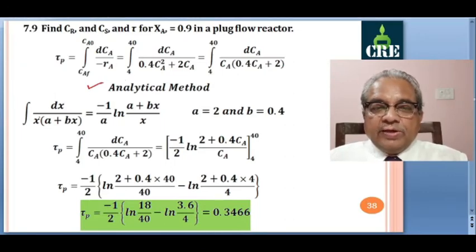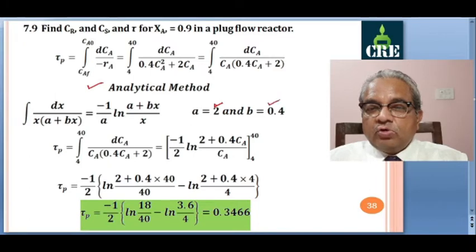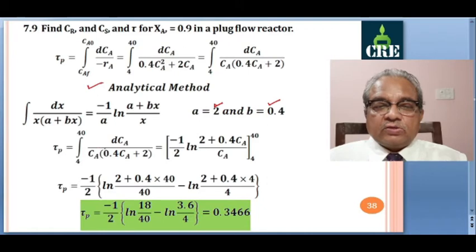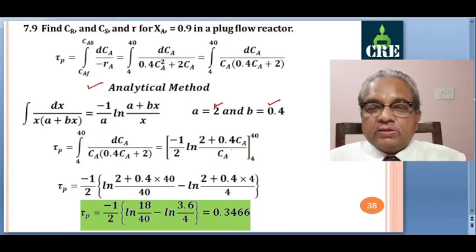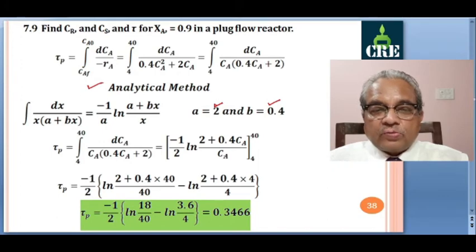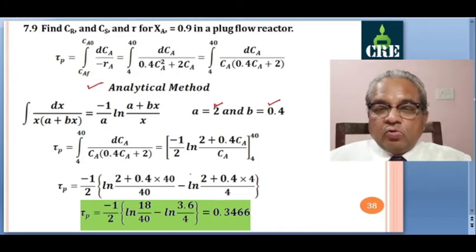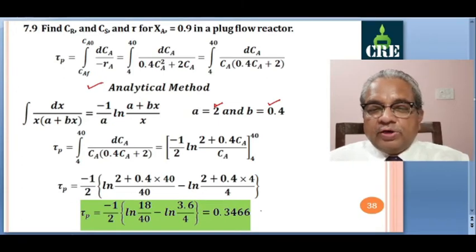So this form is dx by x into (a plus bx), where a is equal to 2 and b is equal to 0.4. The solution is minus 1 by a ln of (a plus bx) by x. So for this we write a is 2, so minus 1 by 2, ln of (2 plus 0.4 Ca) divided by Ca, from 4 to 40. Okay, so the upper limit and lower limit are substituted,